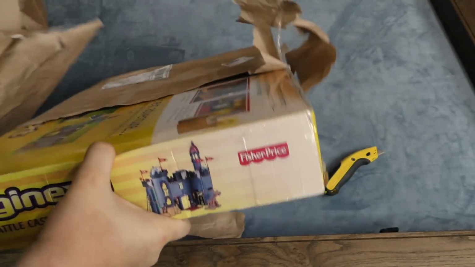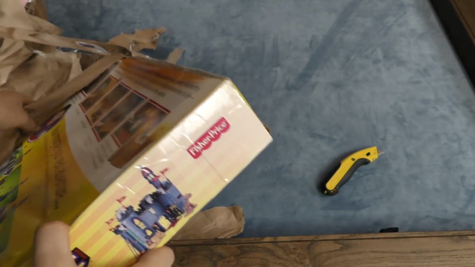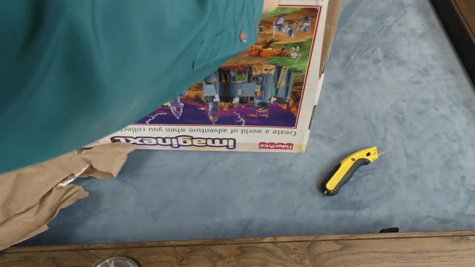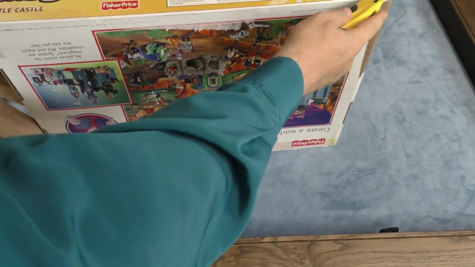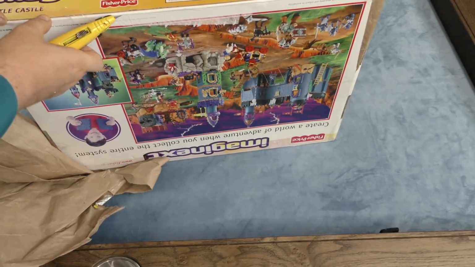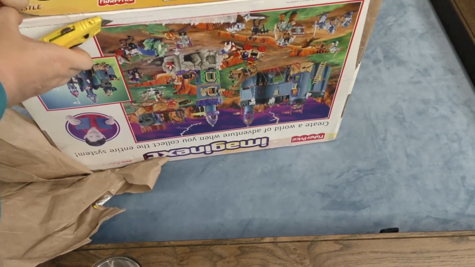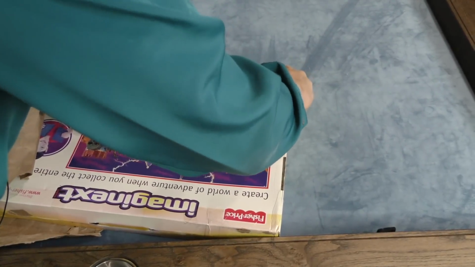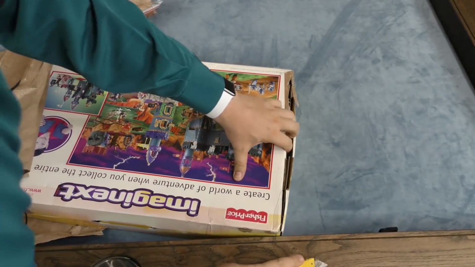An Imaginext castle. Ho ho ho! Well, folks, I have been fooled. This is a clever way to package a game, to put it inside the box of another toy game type thing. But how do I get this open? Yeah, that worked. Wow, that was pretty...